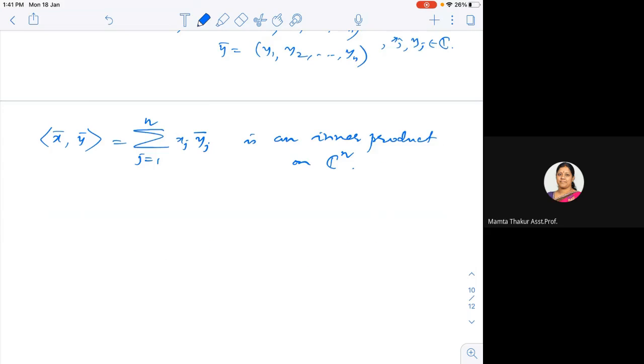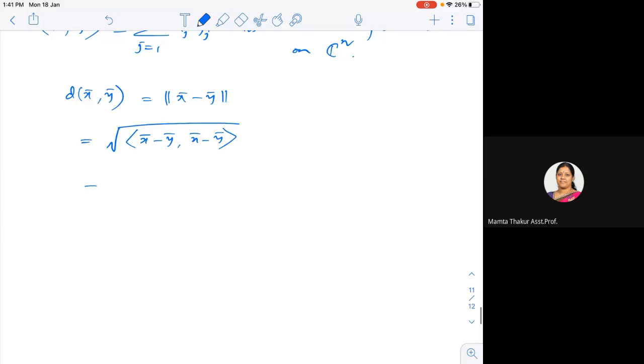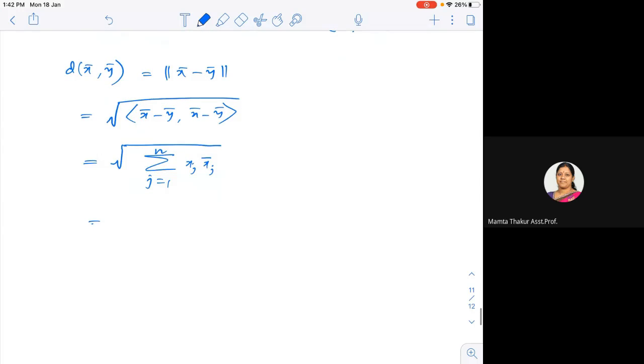So this inner product is going to give you a norm. What is the norm here? d of x bar, y bar is nothing but the norm of x bar minus y bar, which is the square root of the inner product of x bar minus y bar with itself. This is sigma j equal to 1 to n of